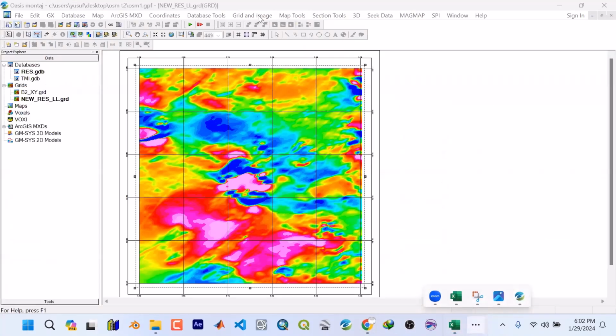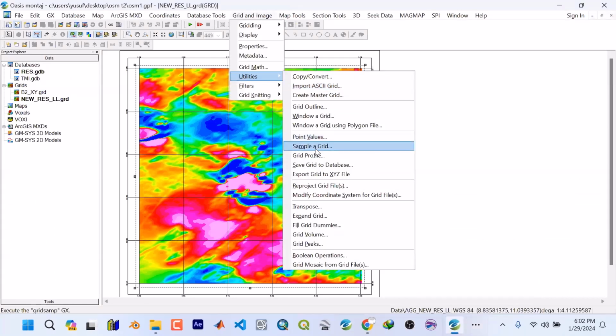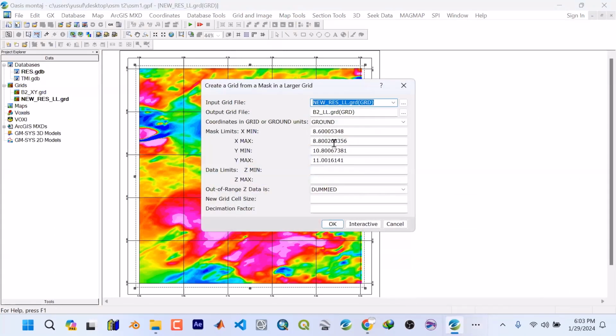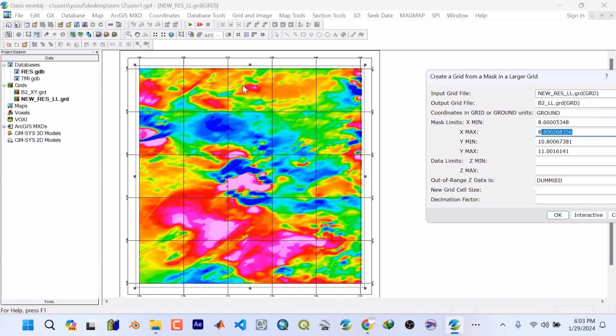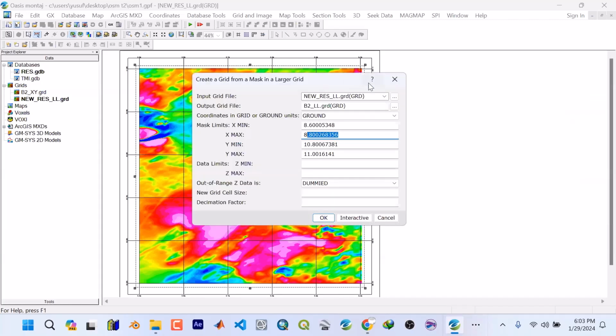There is no problem. You can come here: utilities, window, grid, right? If you know these values, you can enter the minimum and maximum, provided it's within the range, because if you put it outside the range, it will show error. You tell the computer that you want to extract this, just press open. So if you don't need interactive, that is what I mean. If you like, you can take the whole of this now. After you plot it and export, you sit down, they know the range, so you don't need to waste time. For example, you can take this one, right? If I click here,